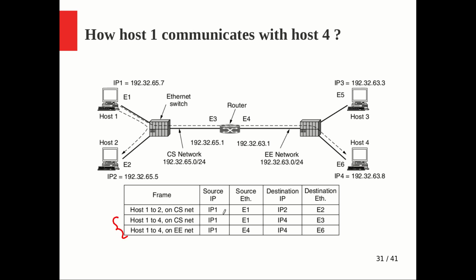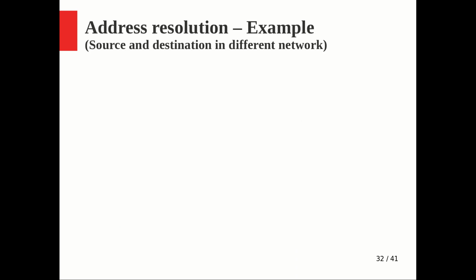So understand here, ultimately the source IP is IP1 and destination IP is IP4. That is the same everywhere. But if you look at the Ethernet, first the communication is from E1 to E3, right? Next the communication should be from E4 to E6. To make it possible, again we depend on ARP, and ARP will return this E6 for this particular IP4. So like that it will happen nicely. Hope it is clear. More than one entry will be added like this in the general case, but if the source and destination are on the same network, with a single iteration you can complete it.